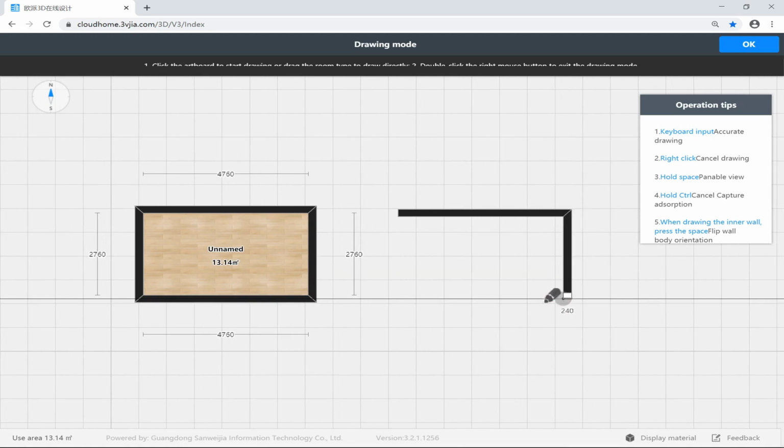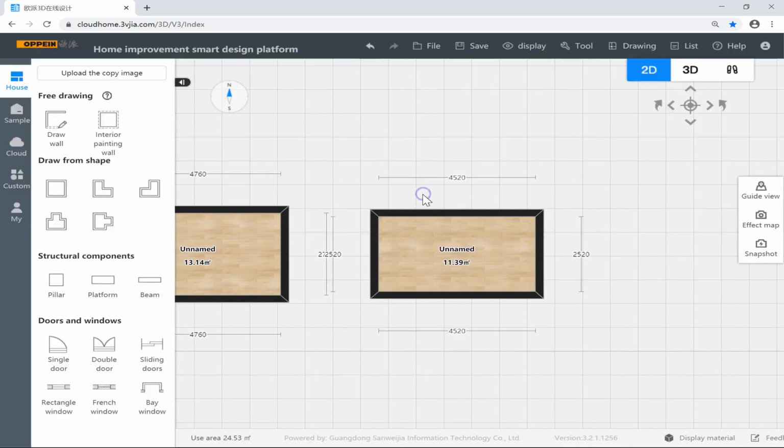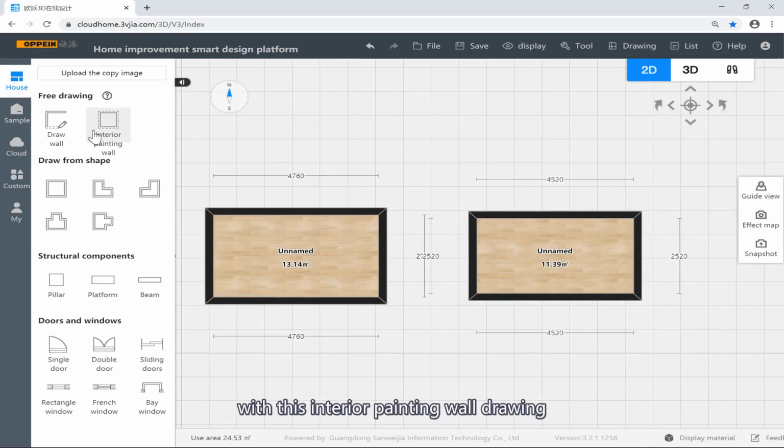3,000, 5,000, 5,000. Okay, as you can notice that now with this interior painting wall drawings, okay, so my net distance between